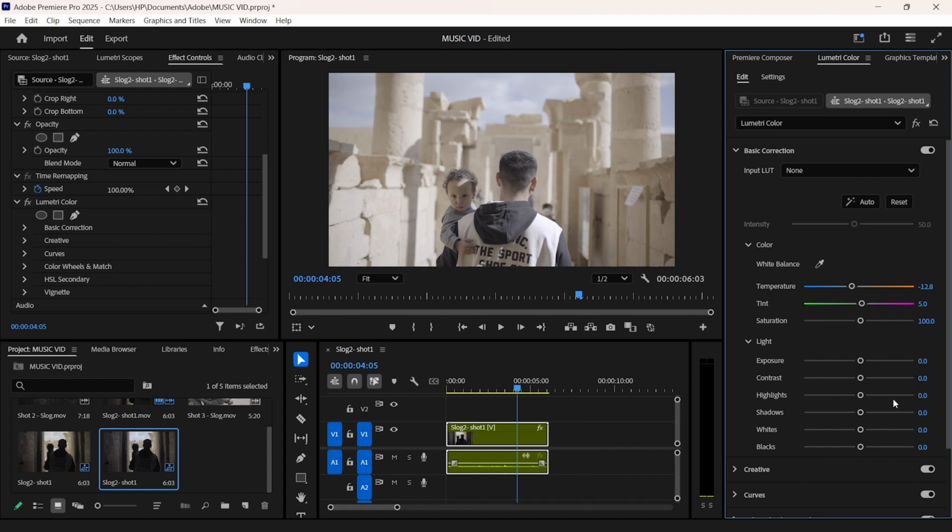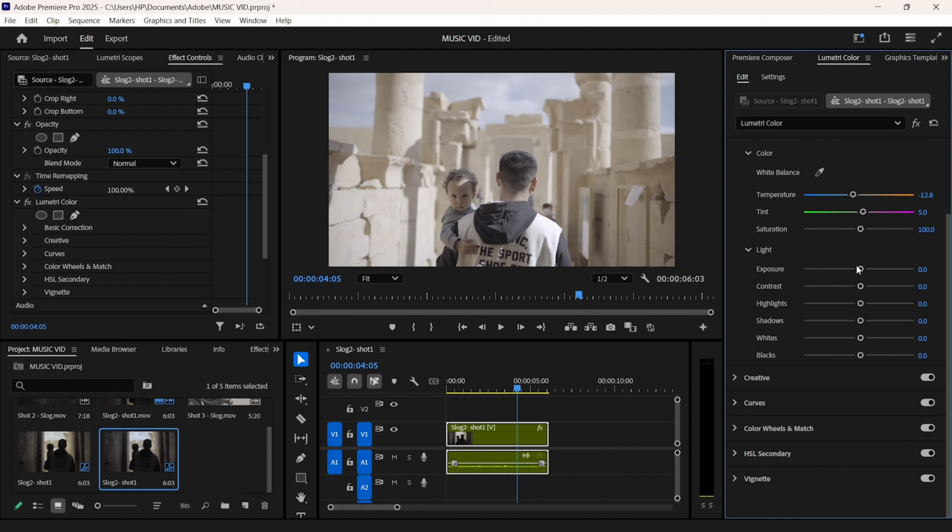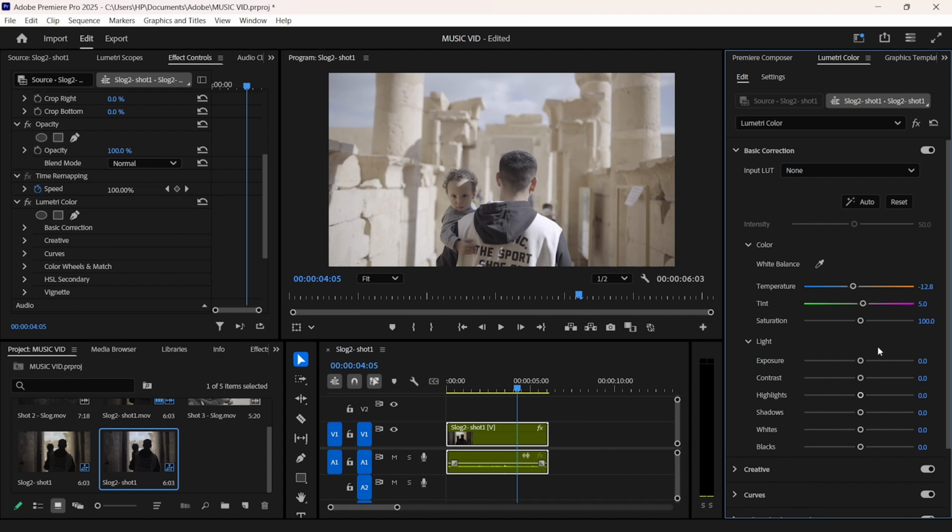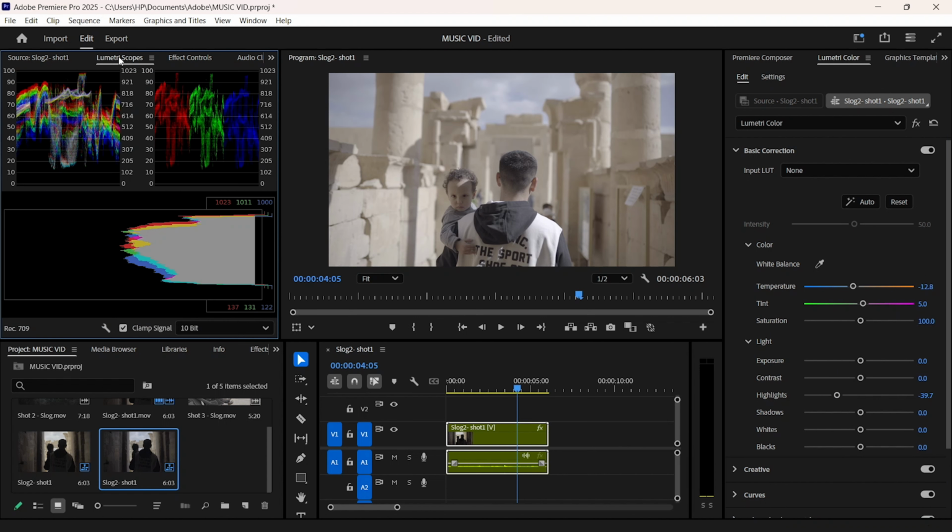After that, I'll jump straight to the highlights, where I want to reduce the highlights a little bit. Don't mind me, I'm just eyeballing. But if you know how to go about the Lumetri scopes, you can for sure use them.